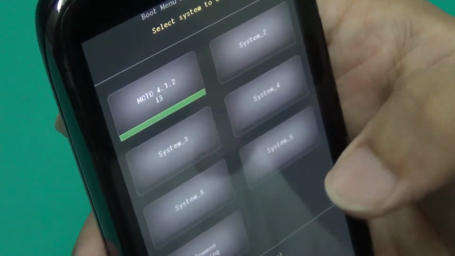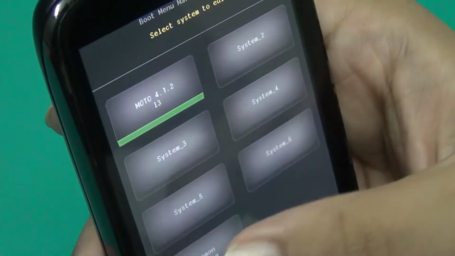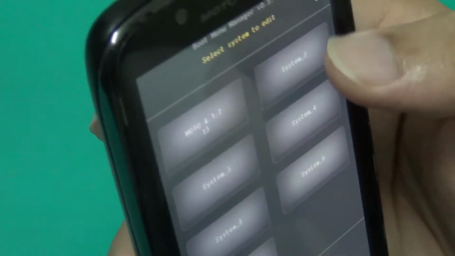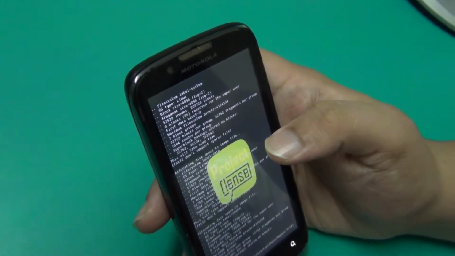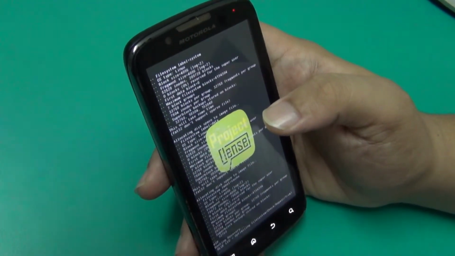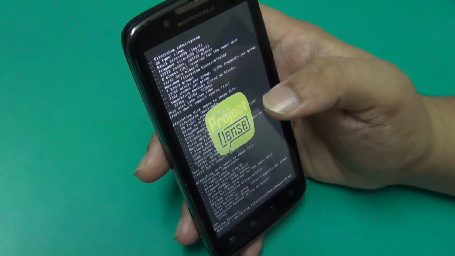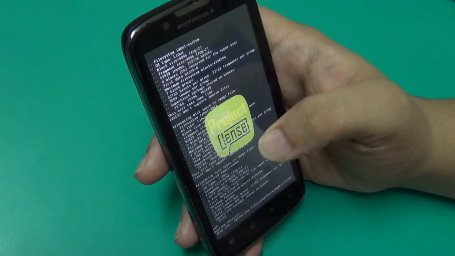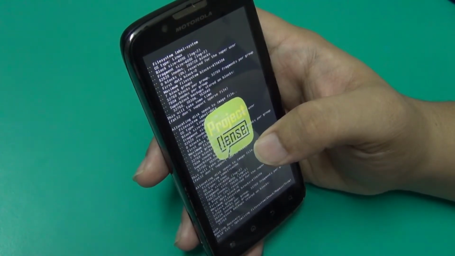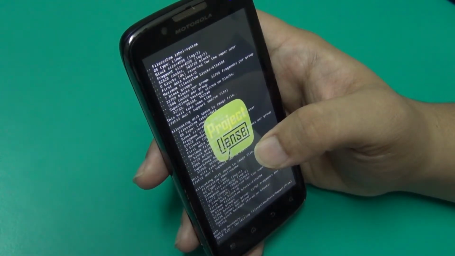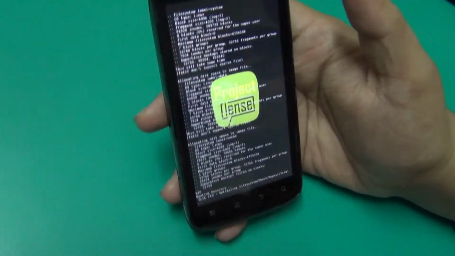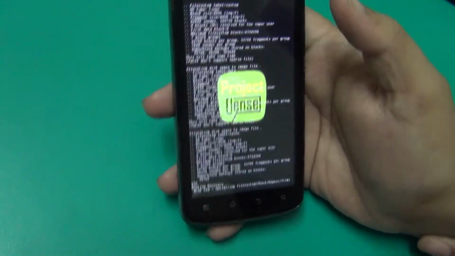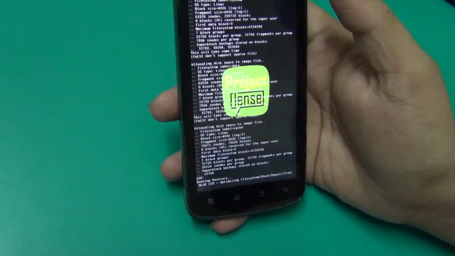Now you can check common settings. Now go back. Here is the recovery menu. Go to recovery, meaning the recovery option. Common settings does not show anything. Go to recovery. It will take half a minute, and after that it will go to recovery.